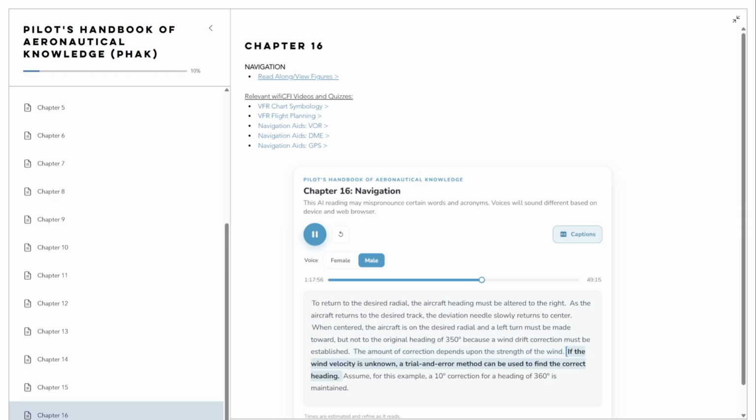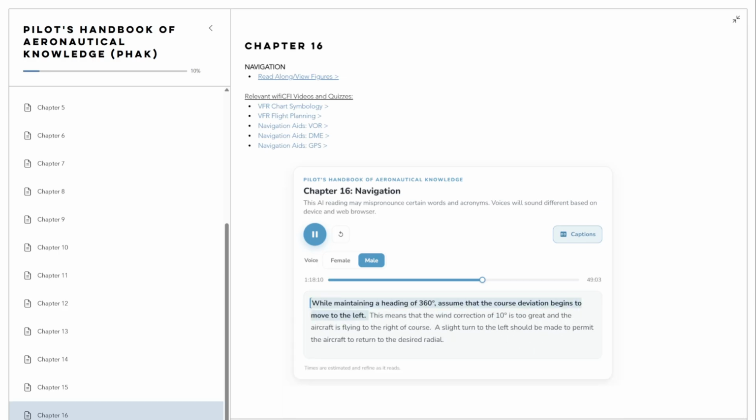If the wind velocity is unknown, a trial and error method can be used to find the correct heading. Assume, for this example, a 10 degrees correction for a heading of 360 degrees is maintained. While maintaining a heading of 360 degrees, assume that the course deviation begins to move to the left. This means that the wind correction of 10 degrees is too great and the aircraft is flying to the right of course. A slight turn to the left should be made to permit the aircraft to return to the desired